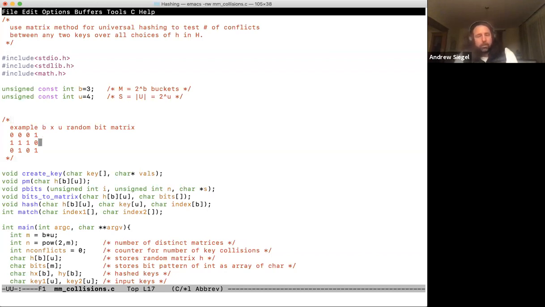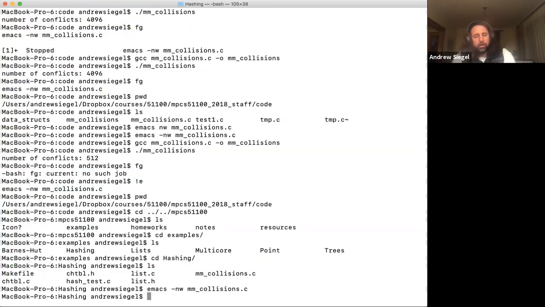Okay, so if there are 2 to the 12th different hash functions, which I think is 4096, then 2 to the 9th of them should cause a conflict if the theorem is accurate. Okay, so if we compile this,